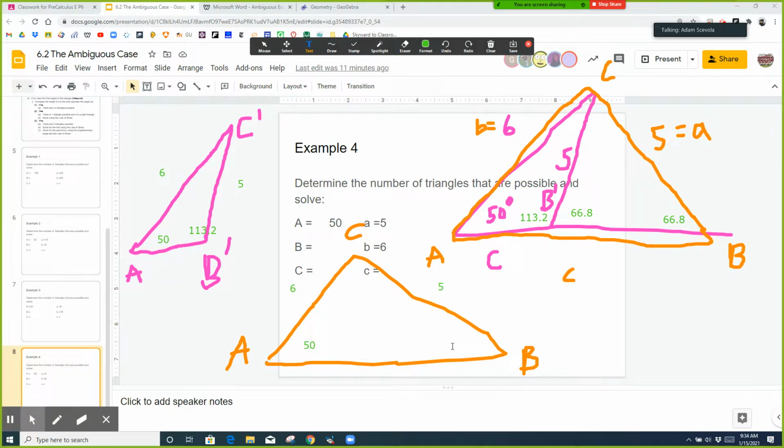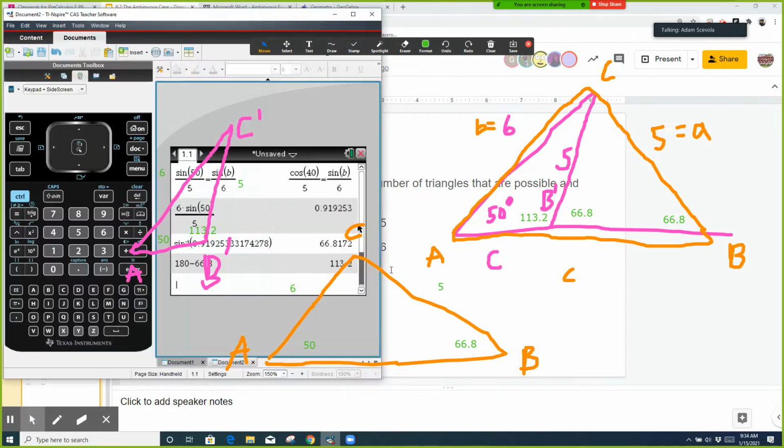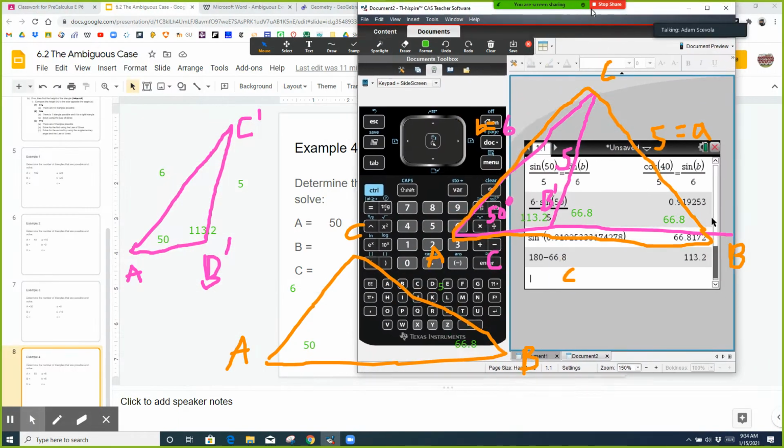And we just found out that this angle, so remember, there's two triangles. One's always going to be acute, one's going to be obtuse when you have your two triangles. And so this is the acute one. So that's 66.8 degrees. Now we could figure out what this angle is by subtracting 50 and 66.8 from 180, and then doing the law of sines to find the third side. So if we just quickly finish that off, I'm sure you could do that, but just so we're